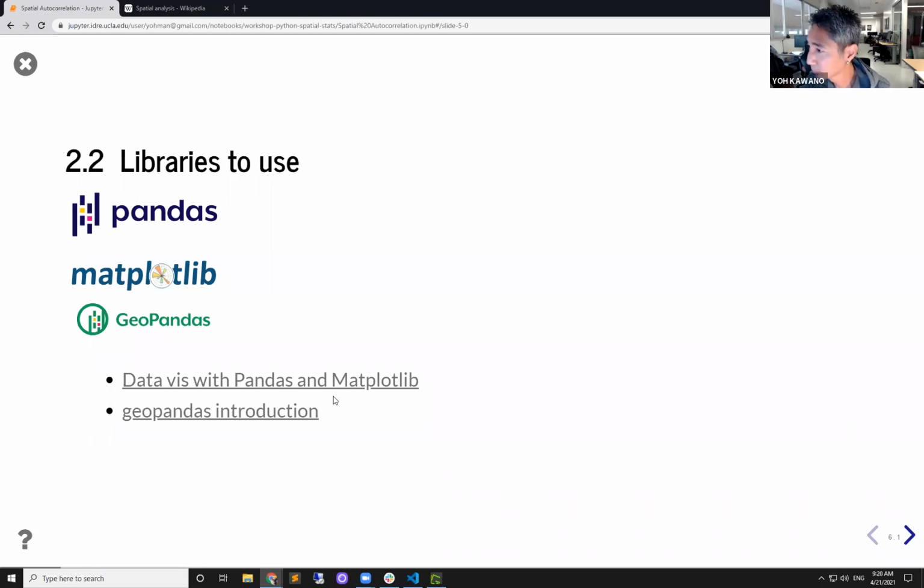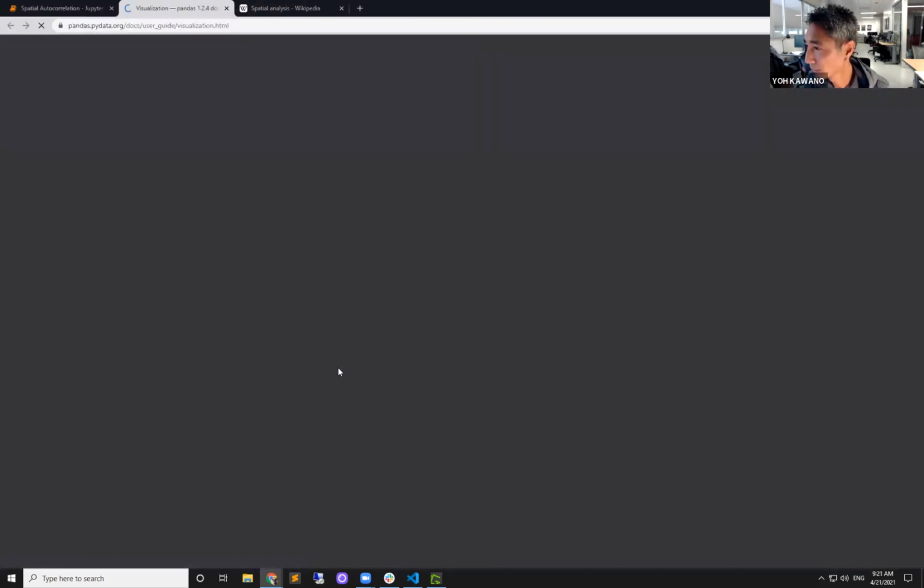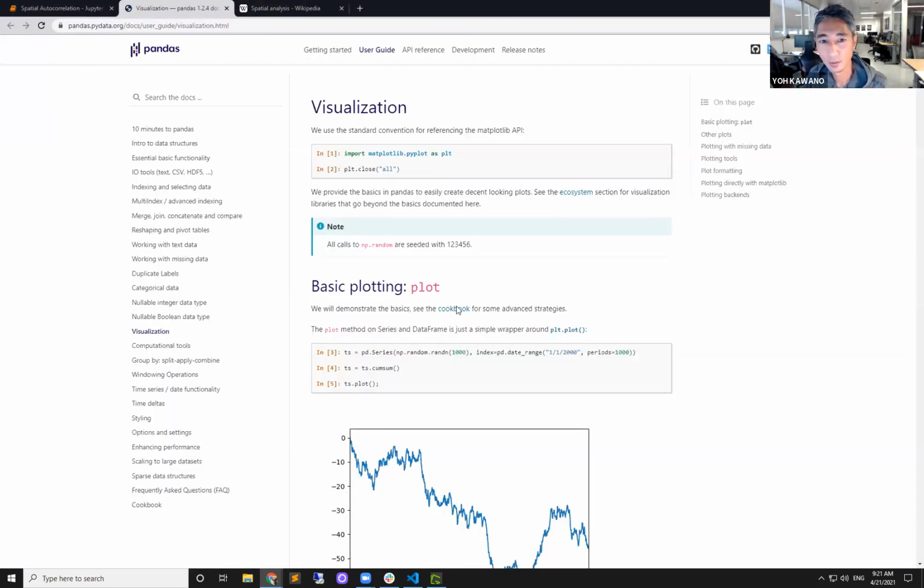I have some links sprinkled throughout the entire notebook for help and documentation. So you can click on any one of these links to learn more about how visualization in Pandas works. It works in partnership with Matplotlib,